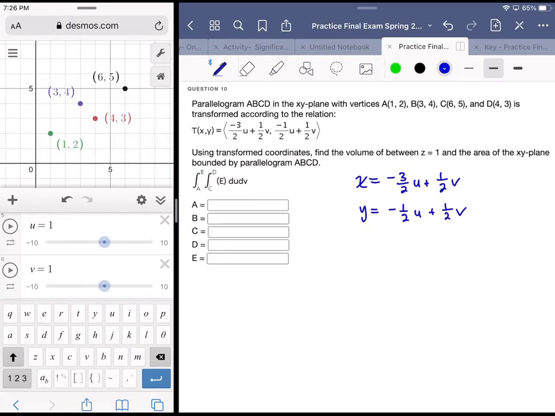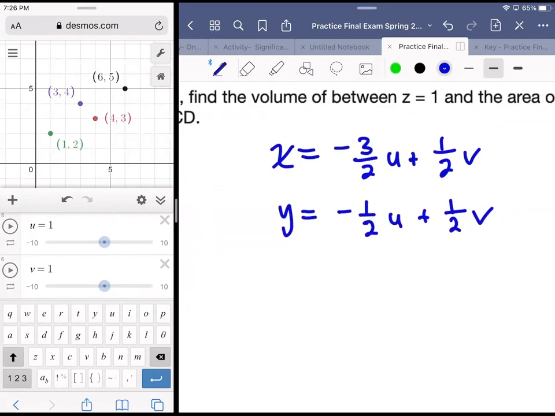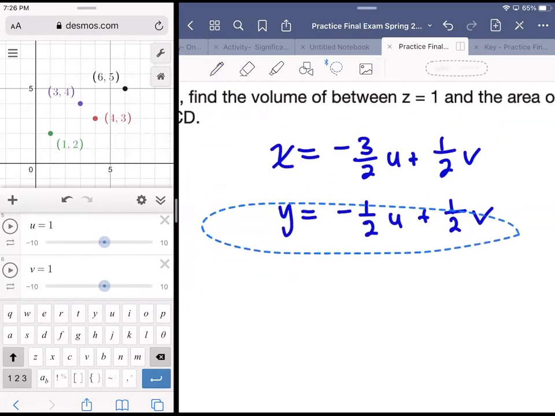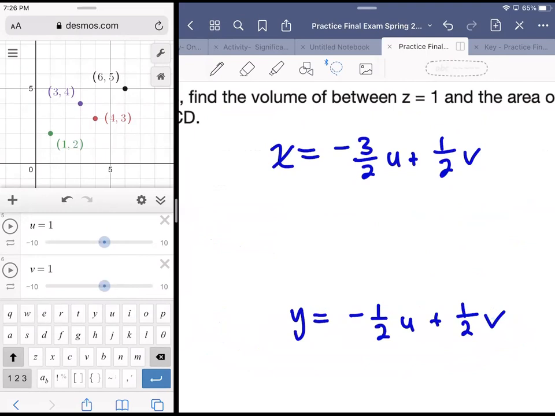But the issue is we're in the xy plane. It just occurred to me that we're in the xy plane. All right, so we got some work to do because we need to transition this into the uv plane. All right, so what we're going to do is solve. So I just gave you a little tutorial on how to create sliders. We got some other stuff to do first. All right, so